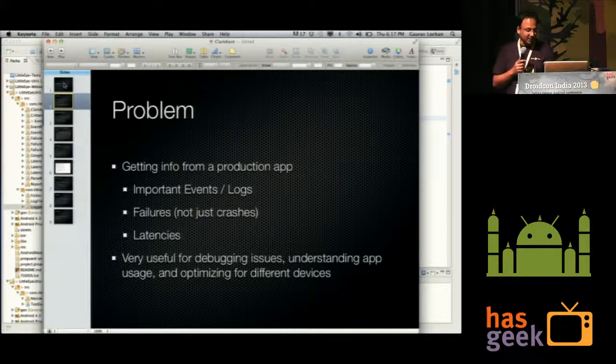they called in. Failures. So let's say something actually failed, right? The first thing we implemented failures for was payments. Every time they're trying to do a payment and it fails, we need to know something went wrong. And latencies. So understanding that a download on a Galaxy Y on a 2G network could take 6 minutes, right? Or let's say the landing page on a Galaxy Y on a 2G network would be very slow. So having that data across thousands of users was very useful for us to do optimizations.